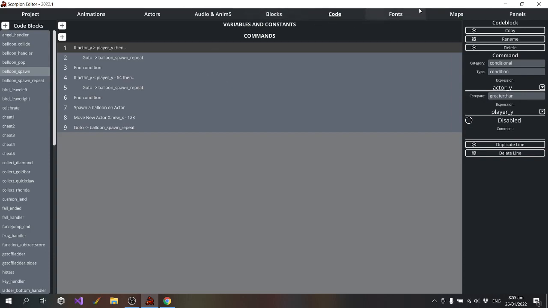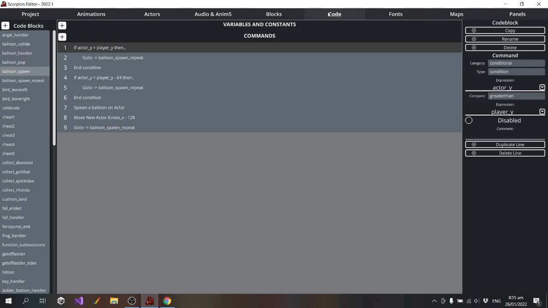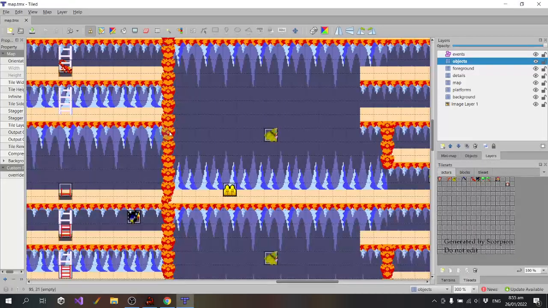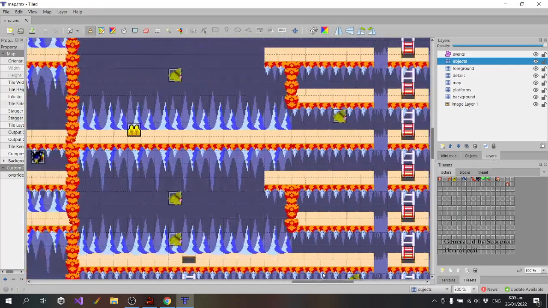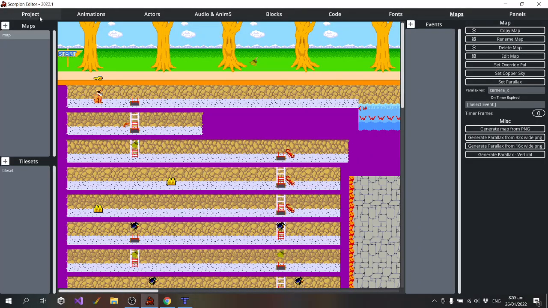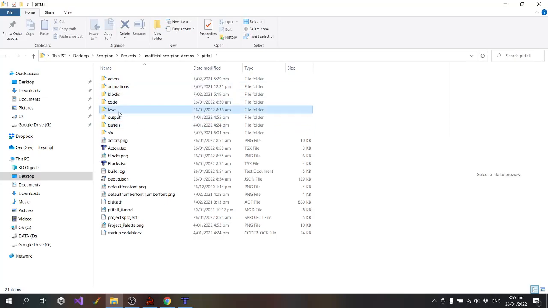There is a bug with the balloon, which is supposed to pop when you ride it from underneath. So I'm just going to revert all the changes I made to the level.